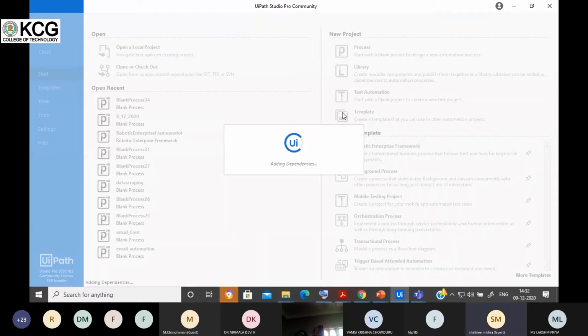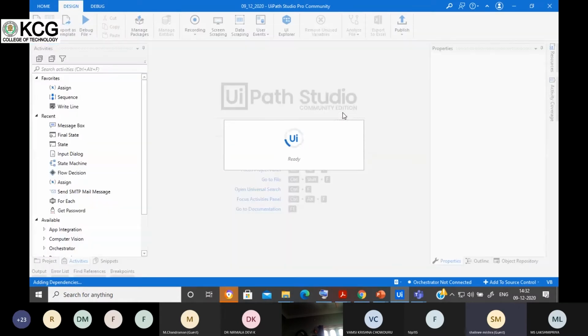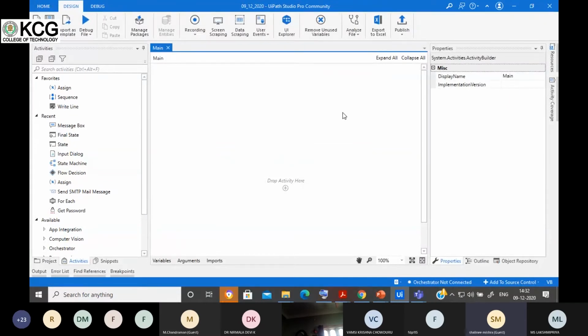It is adding some dependencies, so we have to wait for a few minutes. Yeah, and we are here. So this is our main page. Okay, so we are talking about this main page only.